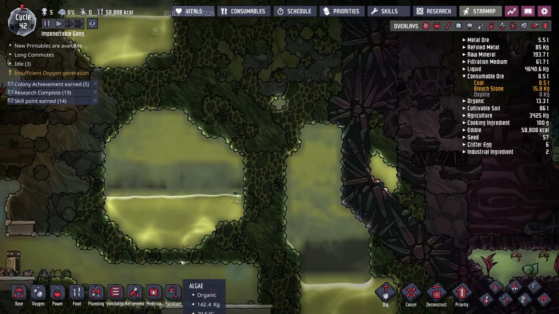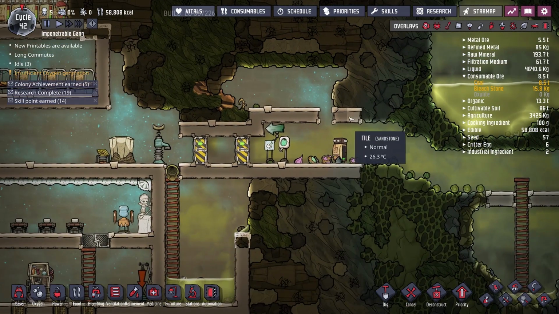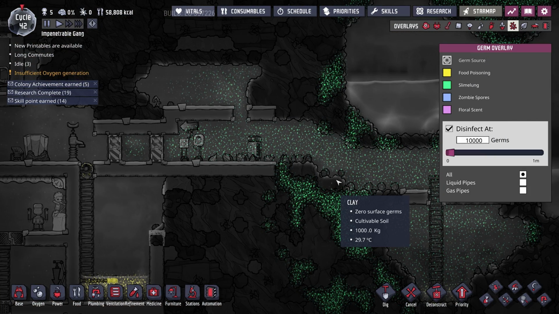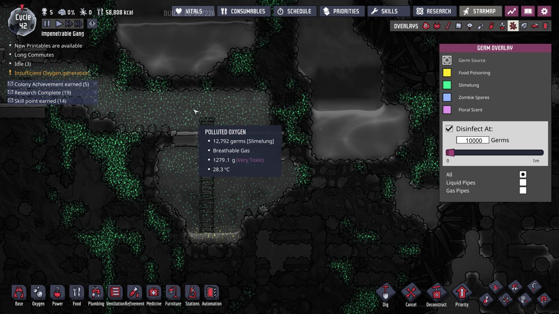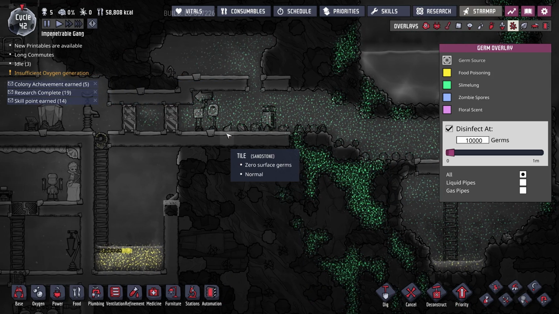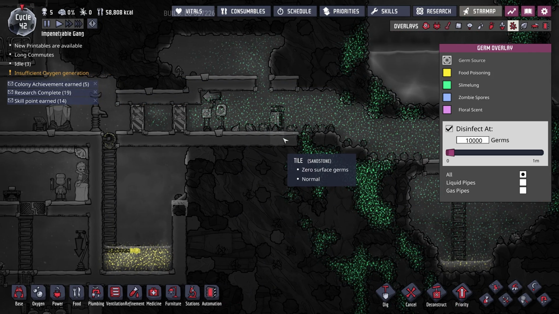I don't know if it's actually called a swamp biome, but this biome over here that is full of algae and slime and whatnot. If we look at the germ overlay, you'll see that the slime lung that was once contained to the slime itself is now spreading and is actually in quite a lot of the air around here. And I looked into this, and it turns out that the slime lung can only survive in polluted oxygen. And so if we can turn this polluted oxygen into regular oxygen, we should be able to kill most of this slime lung here, which is something that I do want to do right at the start of today's episode,